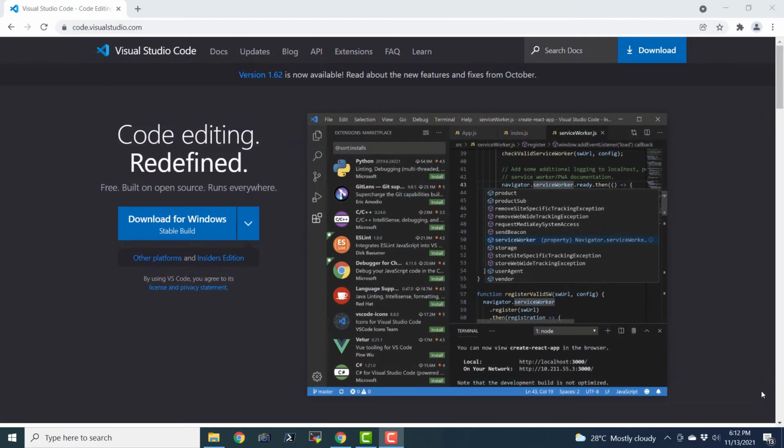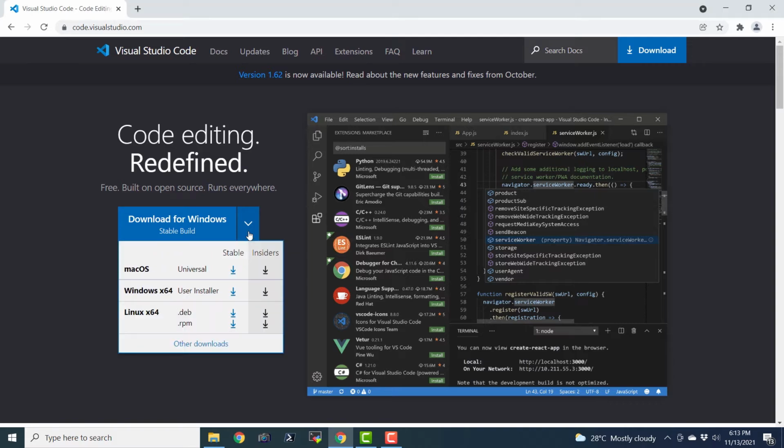So Visual Studio Code is a very popular free IDE, that is an integrated development environment, by Microsoft for programming languages like C, C++, C#, and Python. It supports many other programming languages and scripting languages. So let us see how to download it and how to install it. Code.visualstudio.com is the URL of the downloadable page of this IDE, and it is mentioned down below in the description section of this video. Now we are going to go ahead and download it for Windows.